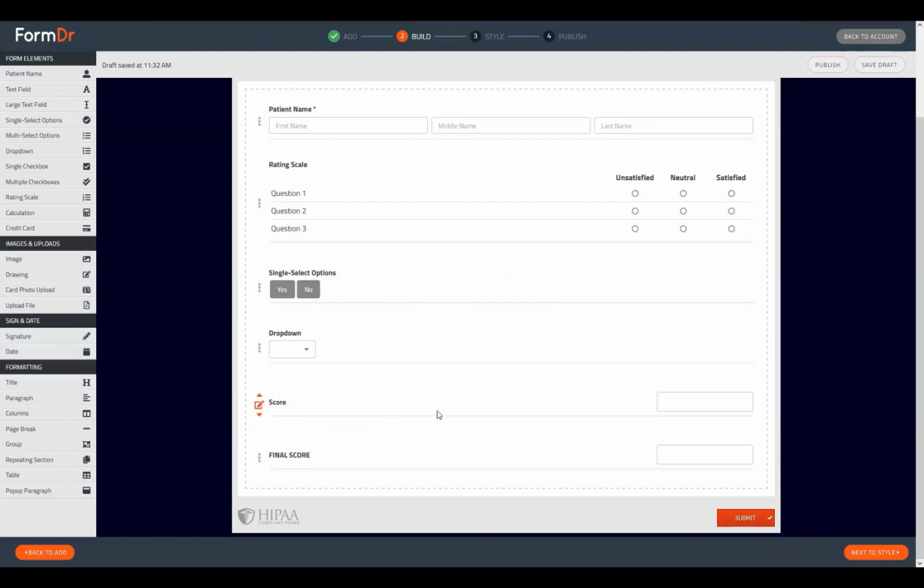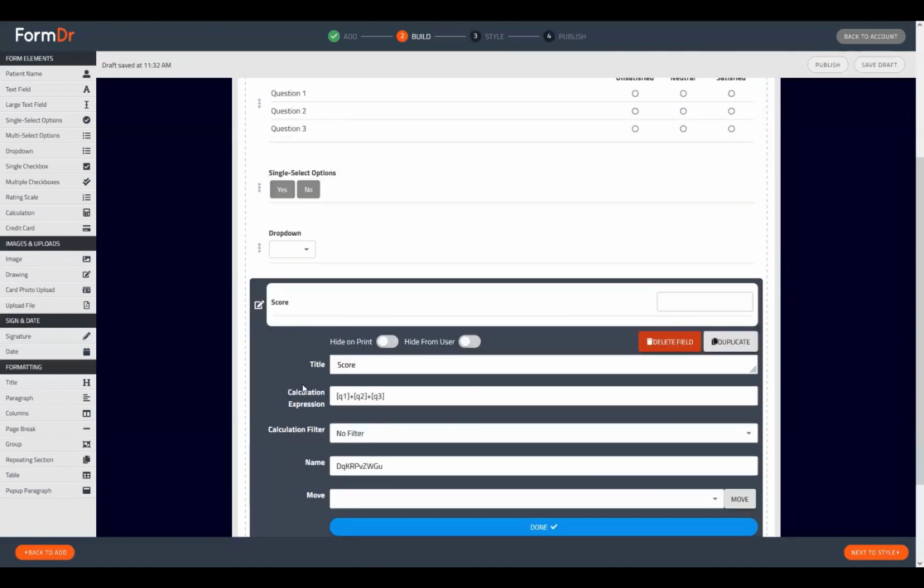So we'll go ahead and first take a look at our first calculation tool, which we had set up previously, and we can see that the calculation expression area is giving us Q1 plus Q2 plus Q3, all in brackets. It's very important that the short codes are entered into brackets in the calculation expression. If we copy and paste that real quick and we remove that, you can see the placeholder information will give you an example of what to do in this field. And this will be the field name shortcodes that can be found when you open up an